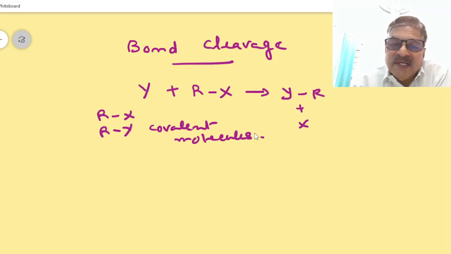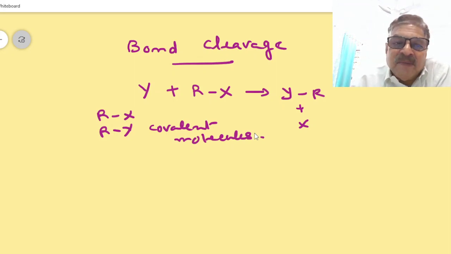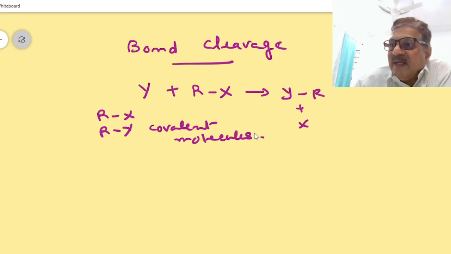Therefore, we are not concerned with how many bonds are broken, how many bonds are formed, and this kind of thing. How many ways can the bonds be broken? That is what is meant by bond cleavage. Now, the electrons in the bond,